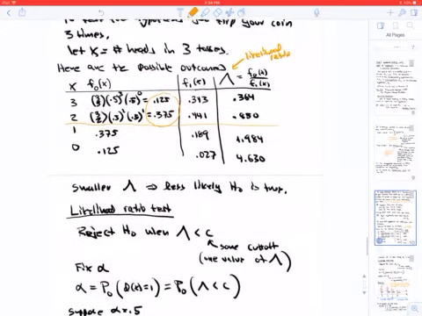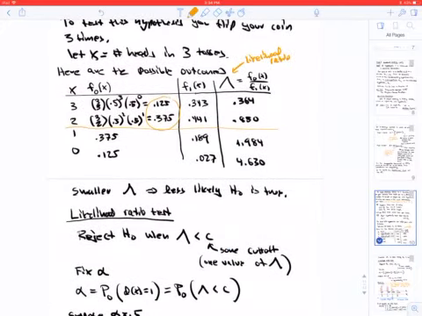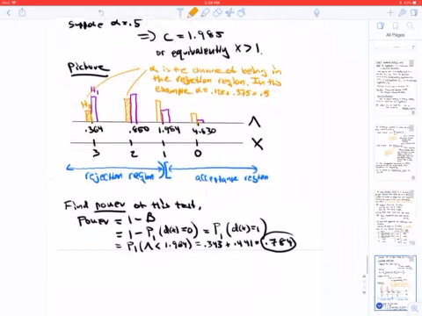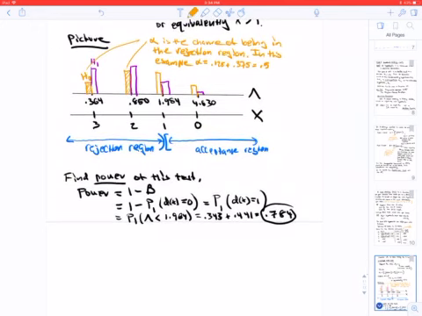And so less than 1.984 means that we add up the first two entries here, 0.343 and 0.441. And that gives us 0.784. So we want